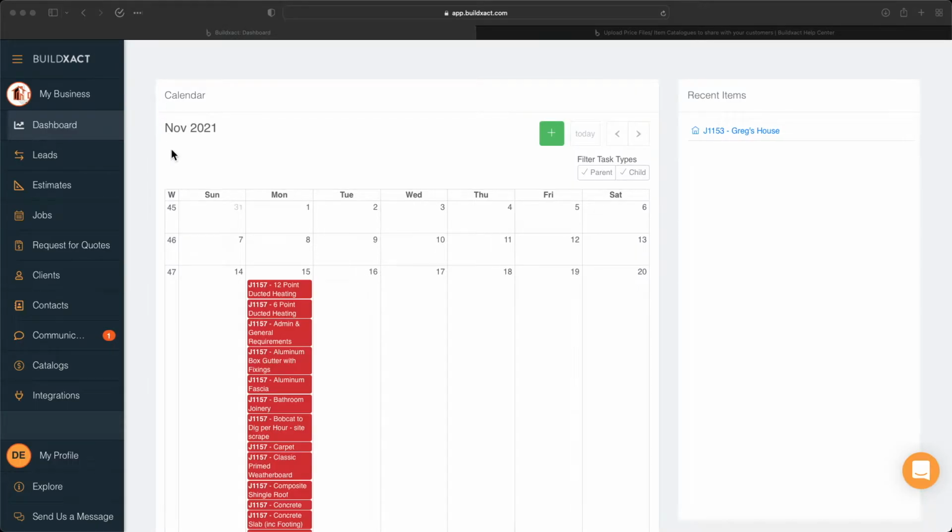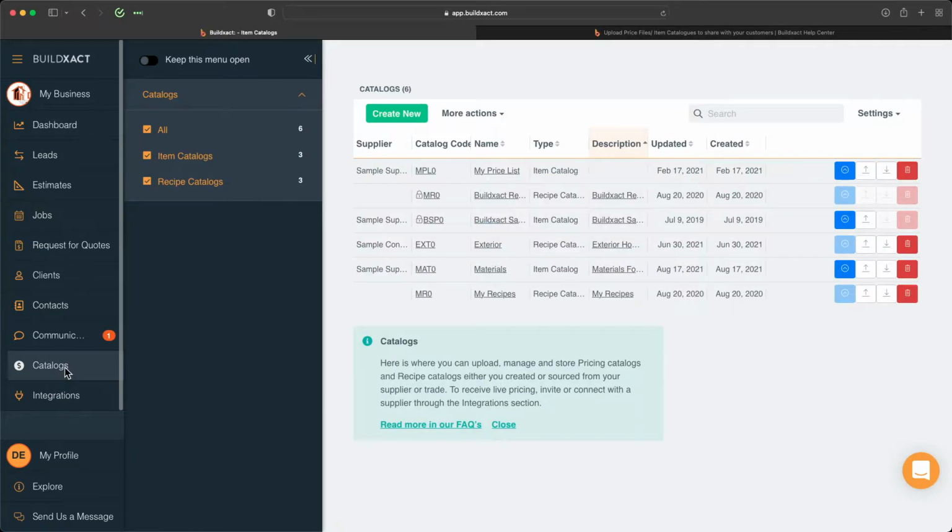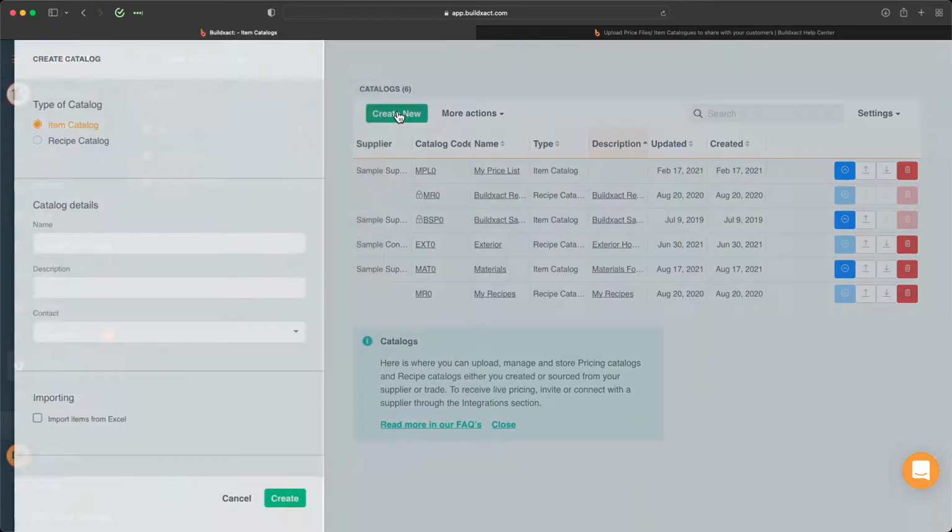Now from here, to begin, we're going to go into our catalogs area, and right away we're going to see that this is where all of our different catalogs are going to be stored. That includes both our item and our recipe catalogs, and I'll discuss that more in a moment. To go through the process of creating a new catalog, we're going to click on Create New, and this side